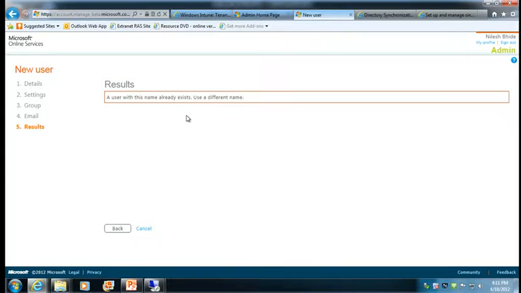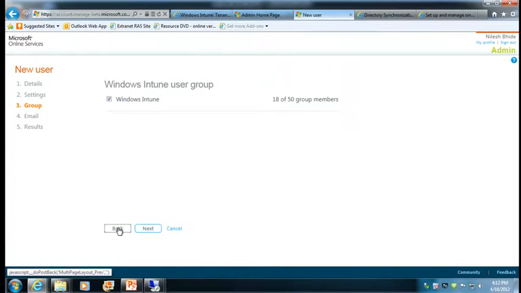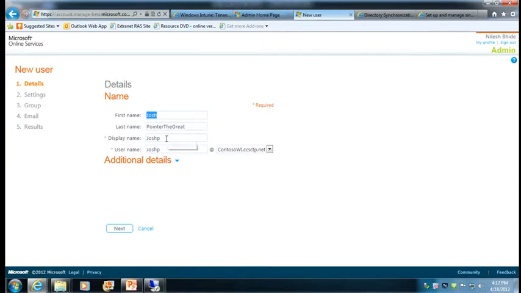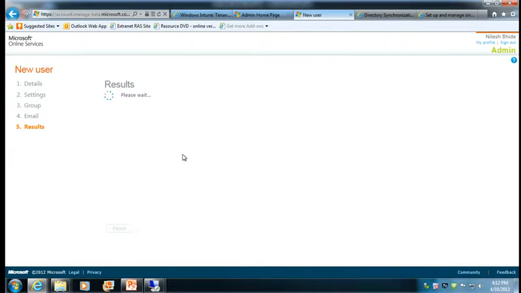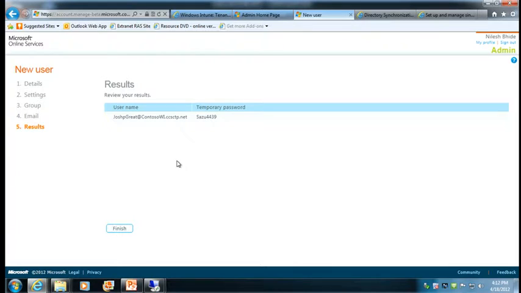OK, a different user already exists with the same name. So I'm going to backtrack here quickly, and change my mistake here. OK, let's go create. Happy thoughts. OK, great. So this is where the user got created in Windows Azure AD with a temporary password,